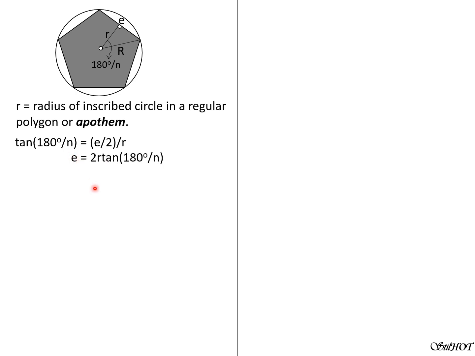Since the area of the isosceles triangle shown is 1/2 of ER, and we multiply it by n to represent the total area of the regular polygon, so area equals n times quantity 1/2 of ER, or we simplify this as nER over 2, and we interpret that n times E is the perimeter of